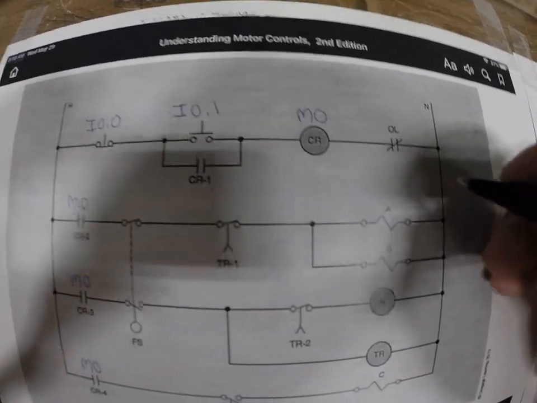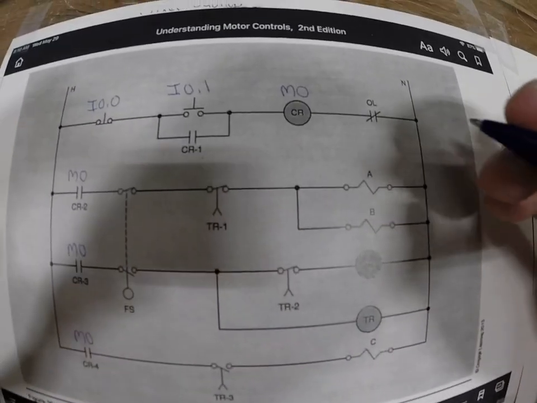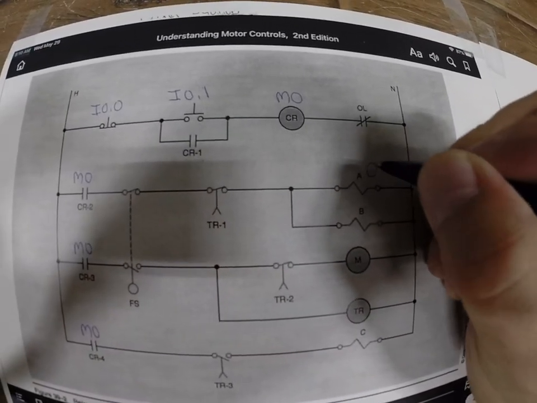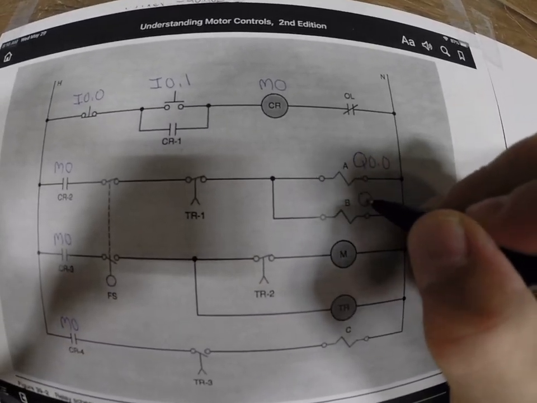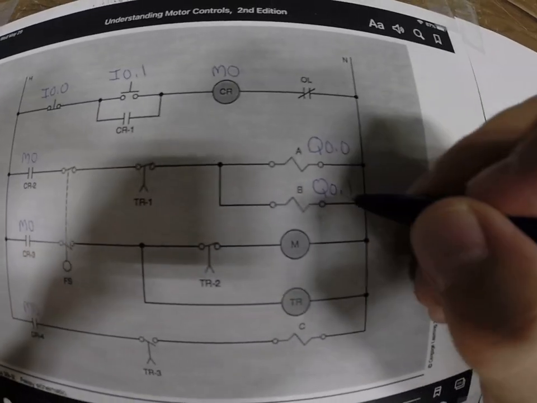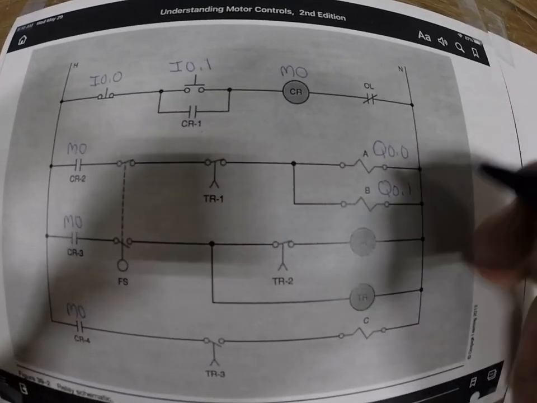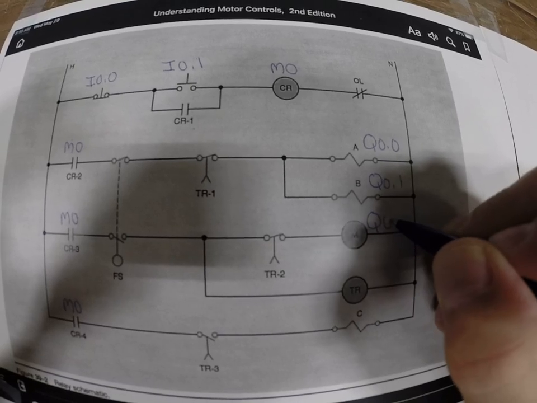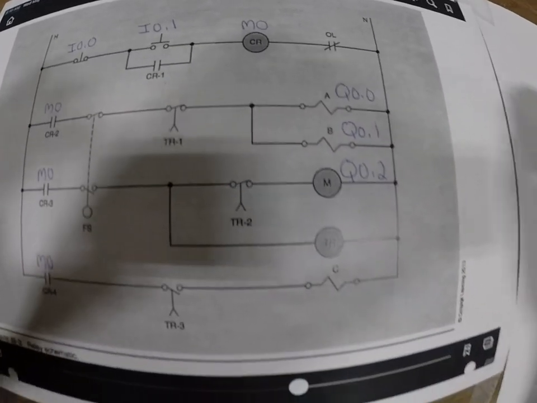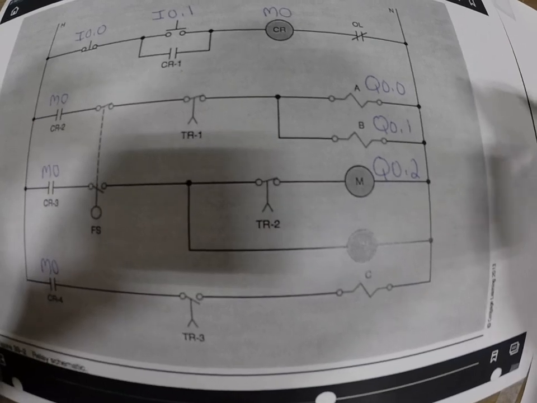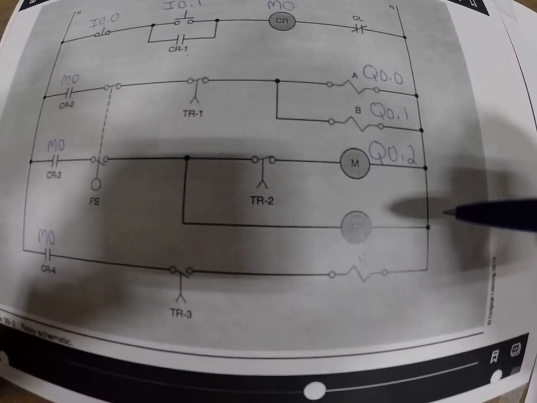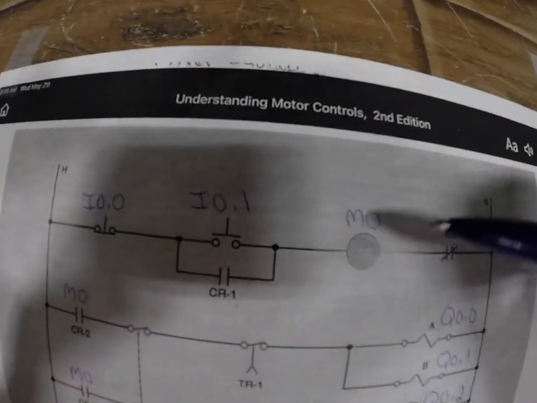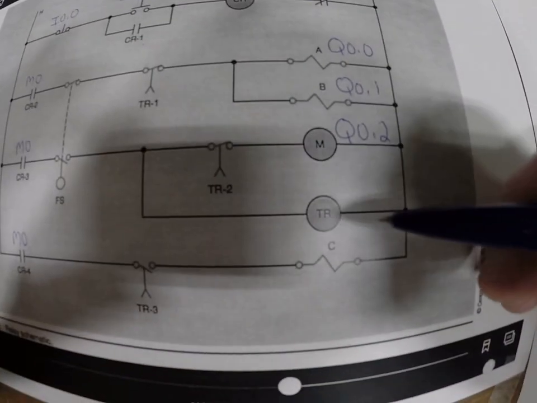We come down here. We know that we want these solenoids to energize, so these are actually going to be outputs. So we're going to call this Q0.0. That's our first solenoid. Q0.1. We want the mixer motor to come up as an output, Q0.2. And we want the timing delay relay that's actually going to be a memory bit, because remember our other video, our timing relays have to be tied into a memory bit. So since I used up this first memory bit, we're going to call this one